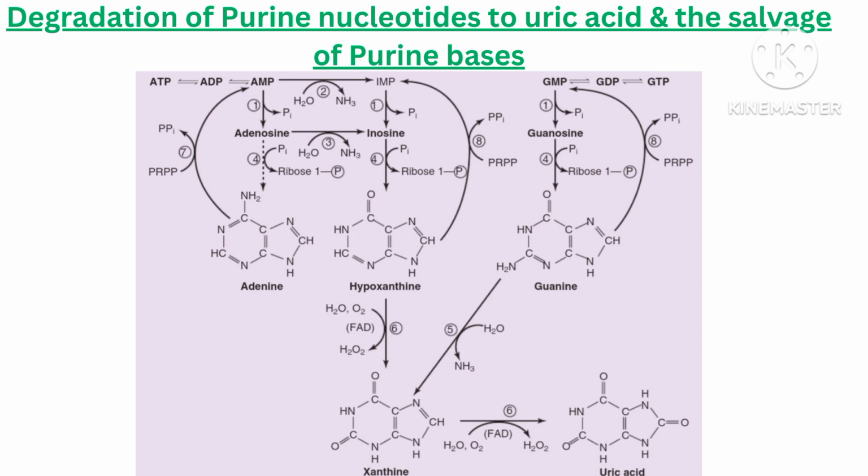Phosphoribosylation converts the free purine bases adenine, guanine, and hypoxanthine to their corresponding nucleotides. 2 key transferase enzymes are involved in the salvage of purines: adenosine phosphoribosyl transferase, APRT, which converts adenine to AMP, and hypoxanthine guanine phosphoribosyl transferase, HGPRT, which converts hypoxanthine to IMP or guanine to GMP by using PRPP as